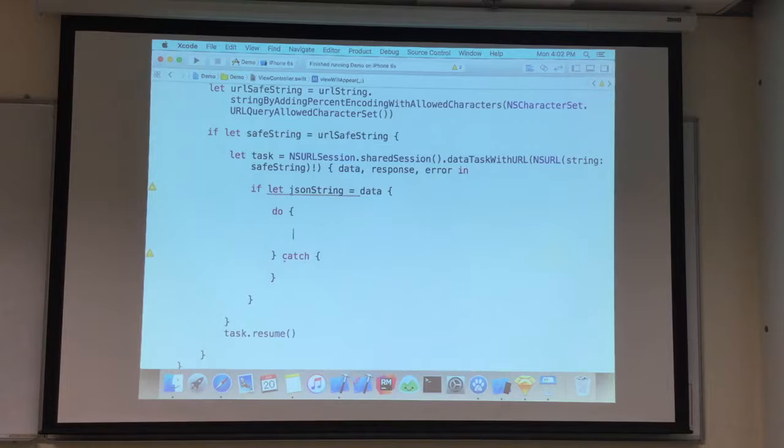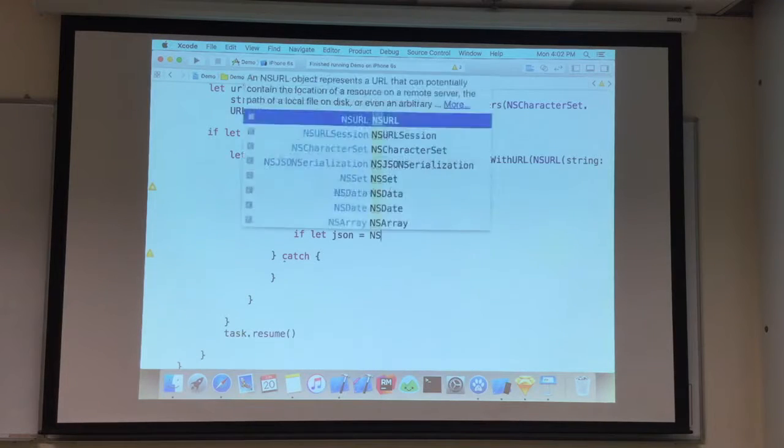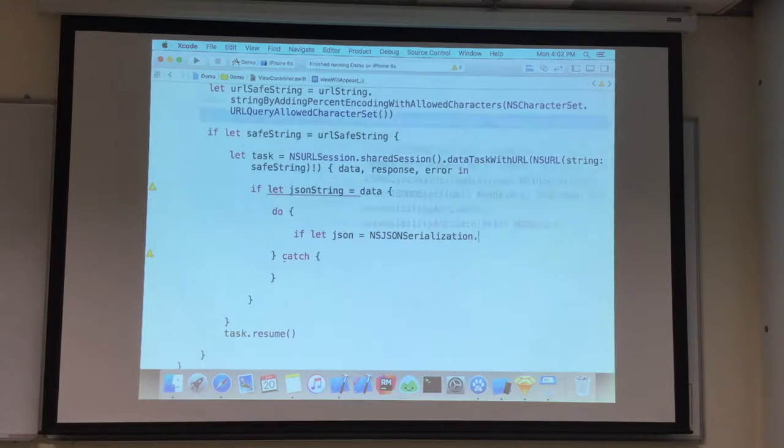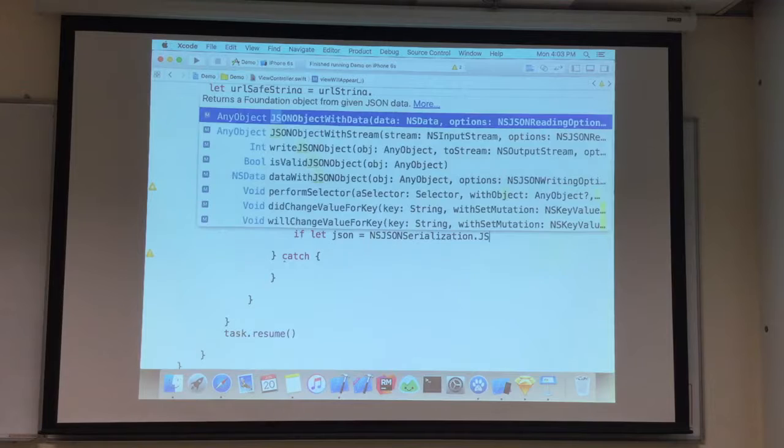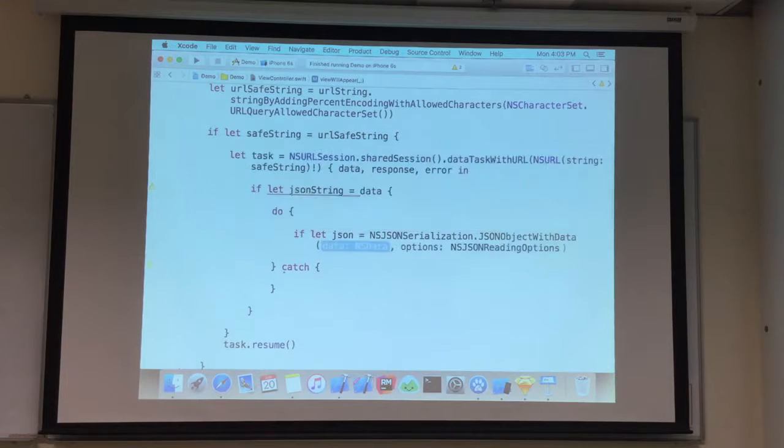So let me write the function here. If let JSON equals to NSJSONSerialization.JSONObject with data. And for the data, we will just pass in